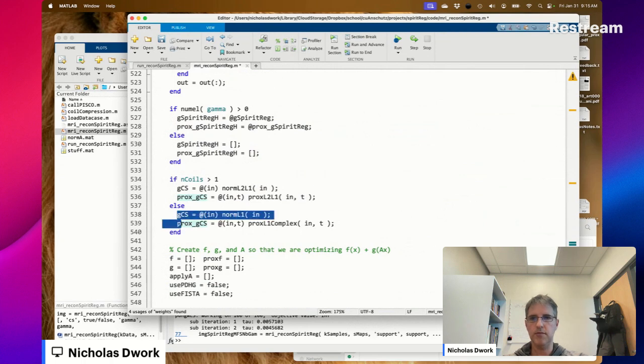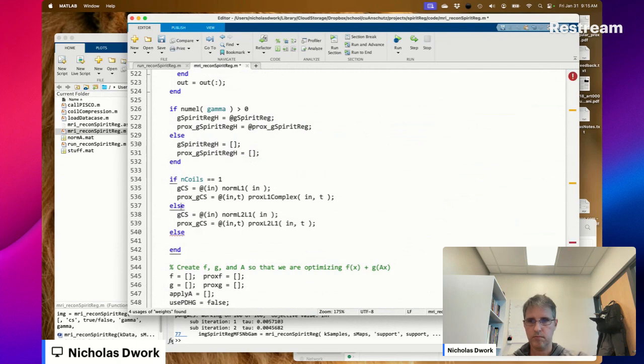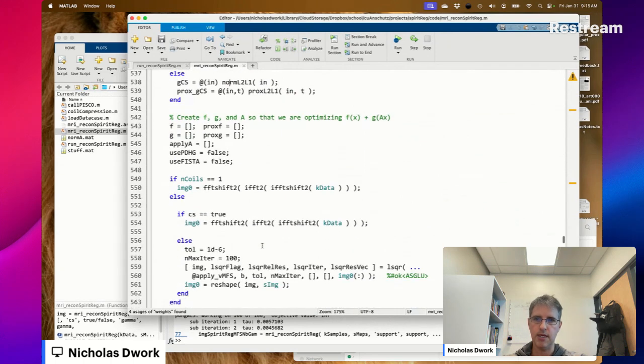I keep thinking these are reversed, so I'm going to reverse them. It's like the simpler case should go first. This is not, oh, yeah, that's correct.